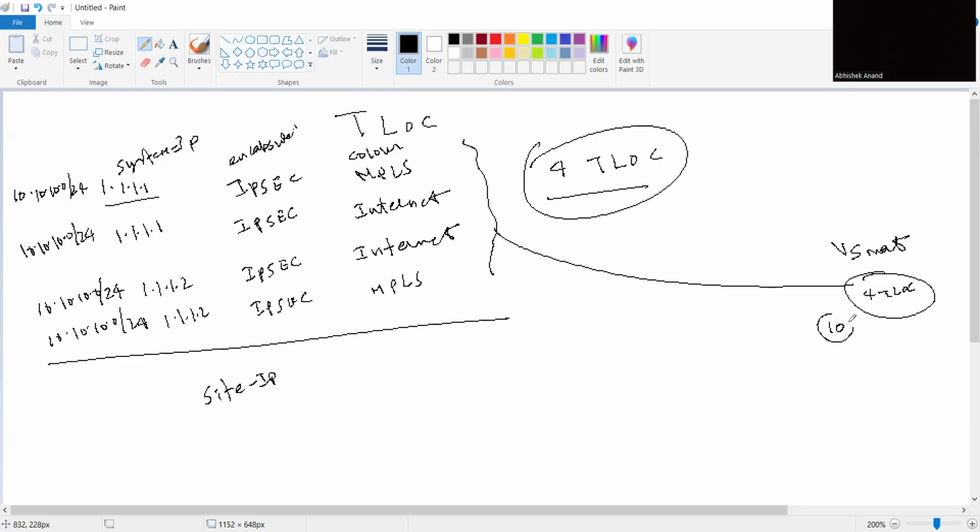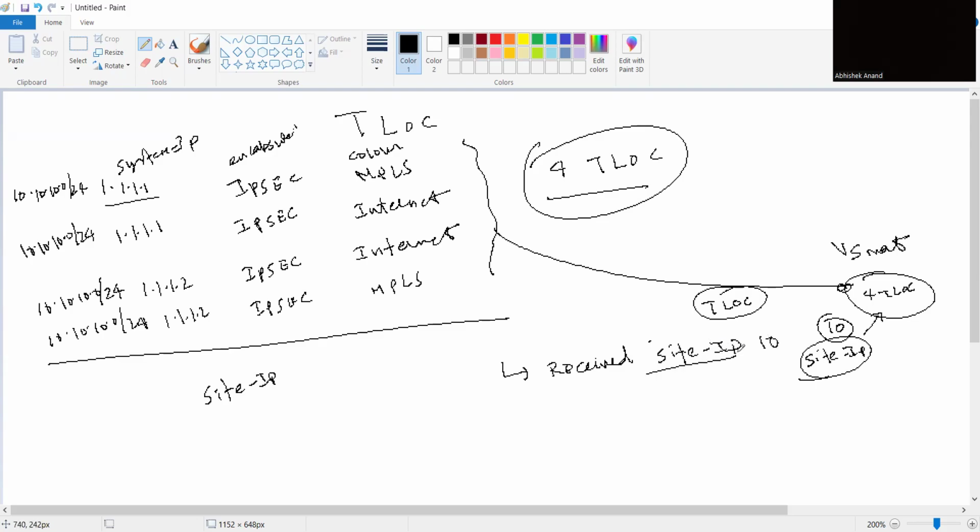Okay, so for site ID 10, for one subnet 10.10.10.0, vSmart will receive 4 TLOCs. So what will vSmart do? It will not advertise these TLOCs back to site ID 10, because it has received the TLOCs from site ID 10. So by default, to avoid loops, it